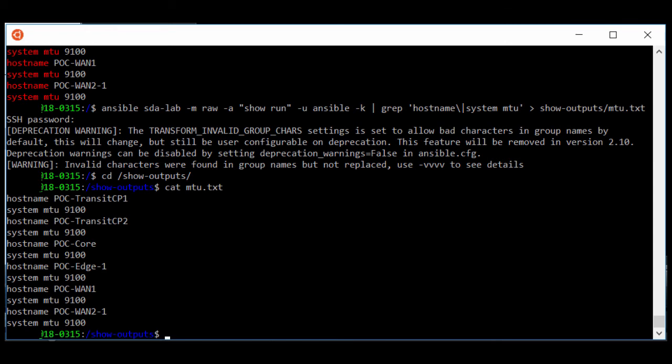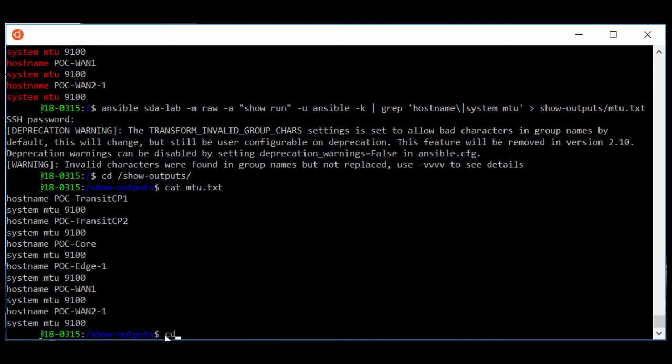I could have just as easily done show run and backed up the configurations on all these devices and sent it to a file. So I like to use it to run show commands on multiple devices to verify things, for configuration backups, and